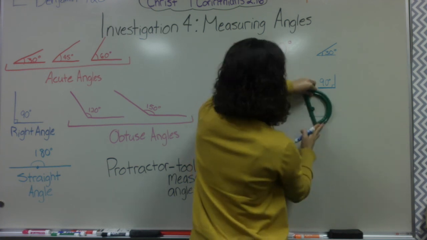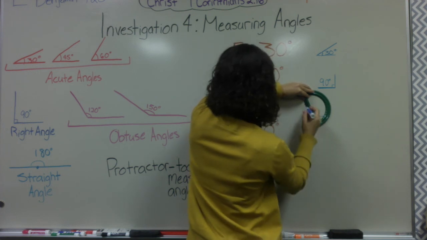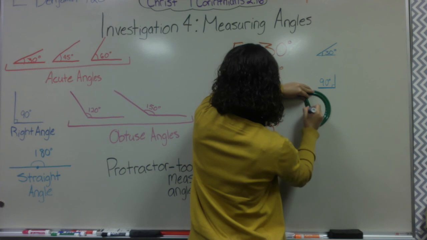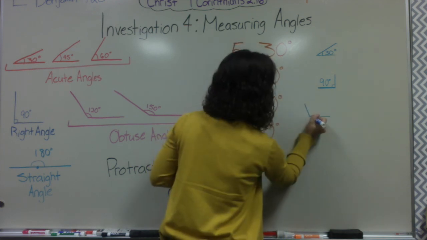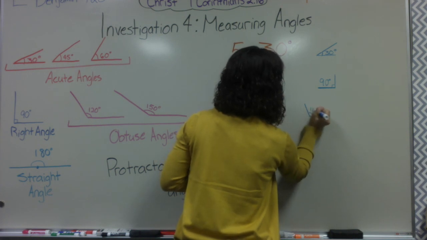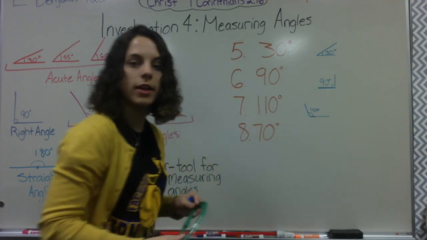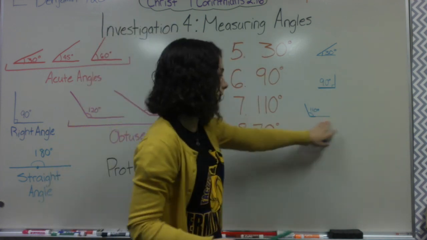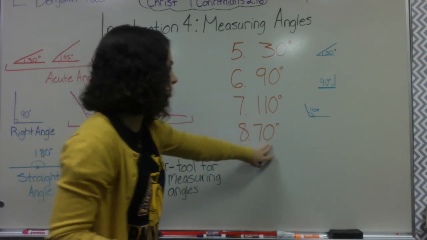And then I'm just going to connect it. I want you to go ahead and try number 8, the 70-degree one, on your own right now. So there's my 110. It's not that much larger than a 90-degree angle, as you can tell, but it is still an obtuse angle. So go ahead and try the 70 degrees on your own,